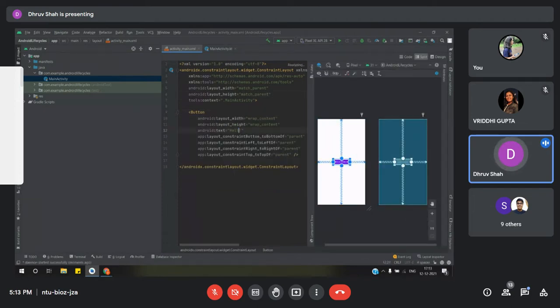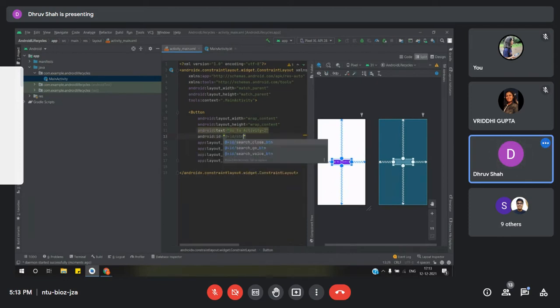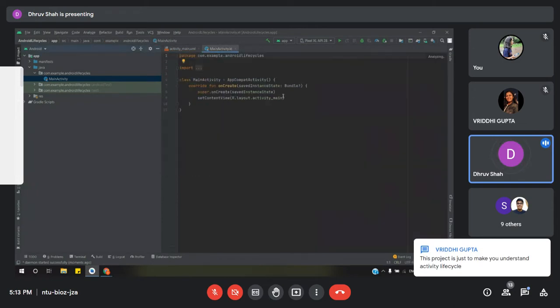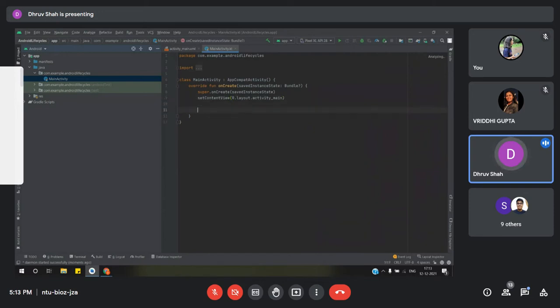Let's make the text "go to activity 2", and let's assign an ID in here. The button is already constrained, as I've used the constraint layout for this. And let's make a reference of this button here in our main activity file.